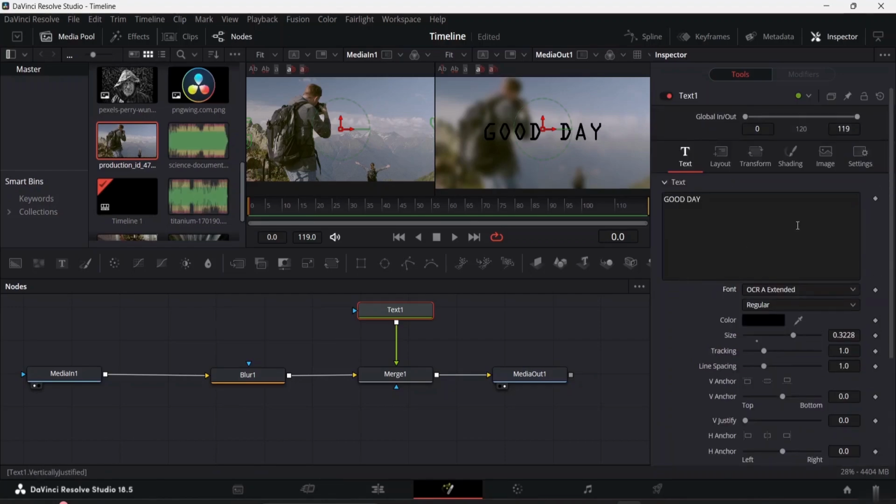I have already told you guys about the text, so those are the same options which are available over here. So this is about creating a flowchart and working over here. Okay, so now,